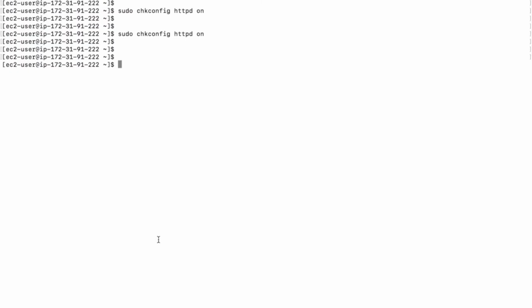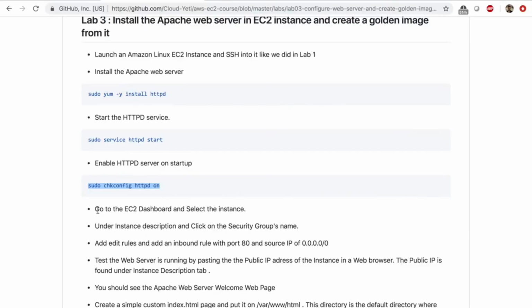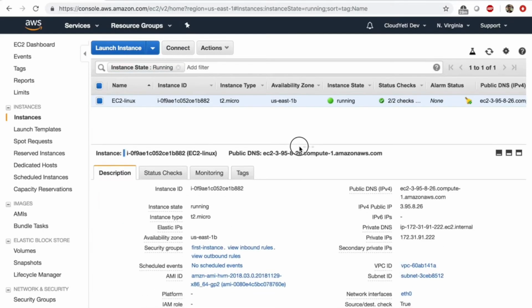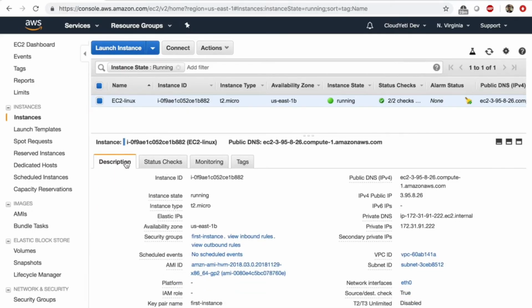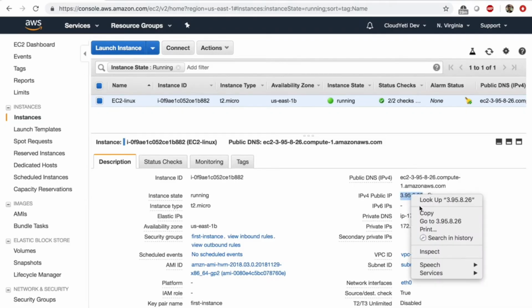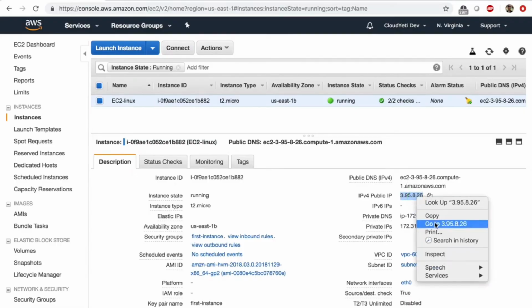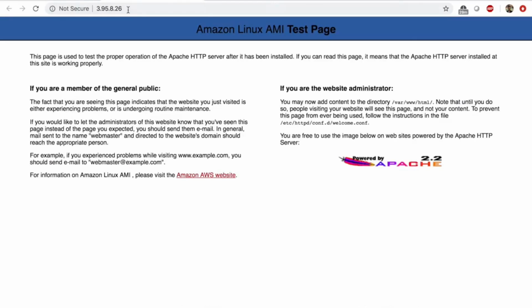So once you do this, let's go to the EC2 dashboard and let's select the instance. On the lower side, on the bottom portion, the description tab of the bottom portion, let's copy the public IP of this instance, and you can right click, copy and paste, or click on go to if you have this option. I'm going to click on this. This will take me to this